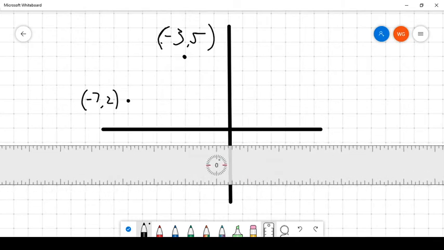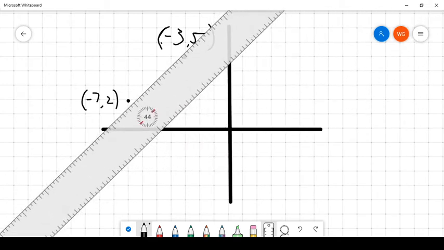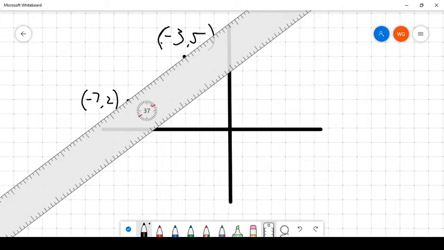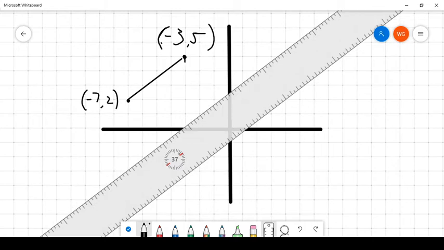I'll draw it with a ruler. Okay, so we'll draw it there. And we will put an arrow at the end right here. Just like that, if I can. Okay, there we go. So that vector that you see right there goes from the point -7, 2 to -3,